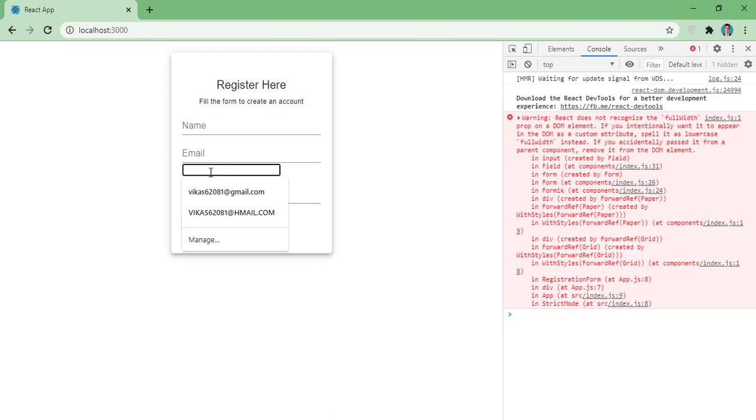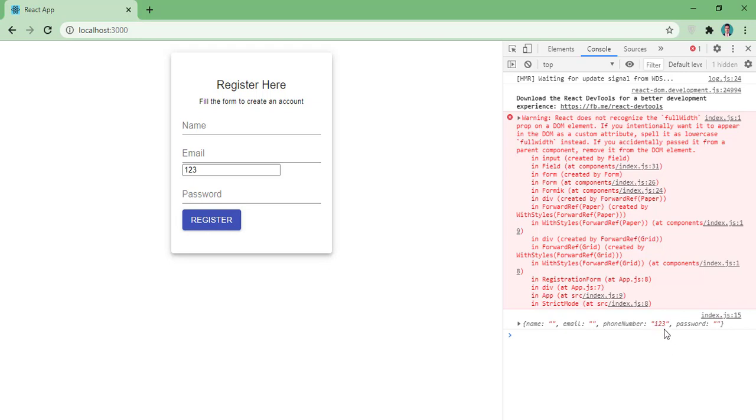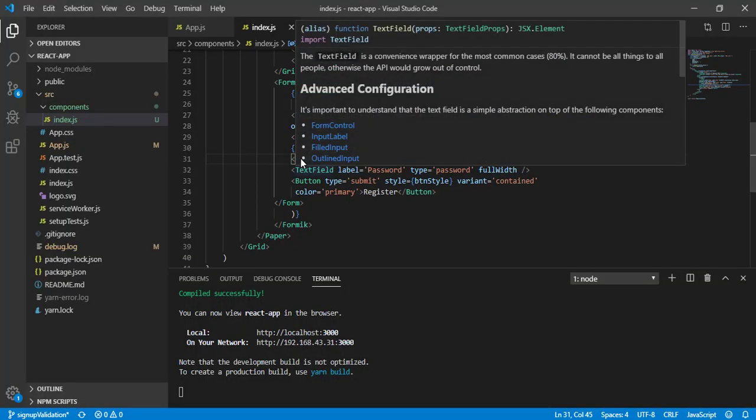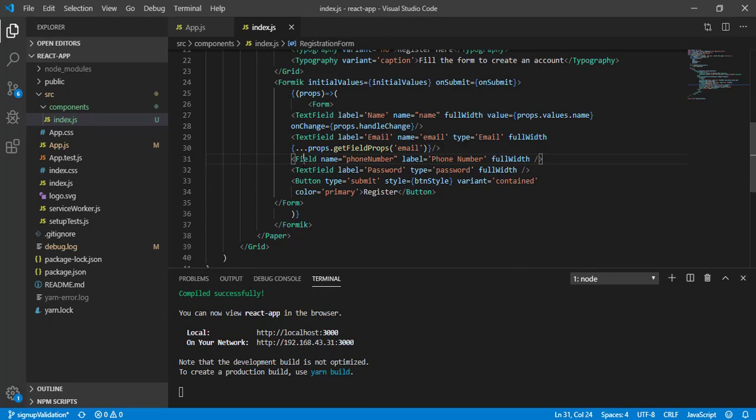You can see now this value is empty. If I type something here and hit enter, I will get this value here, 123. So what we have done is replaced the TextField tag with the Field tag.